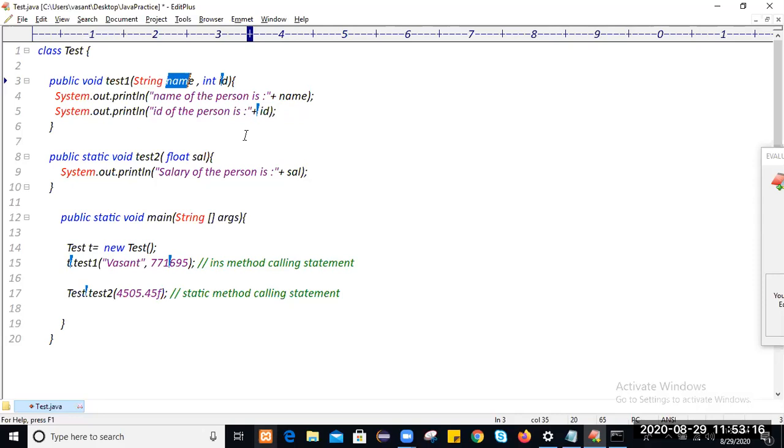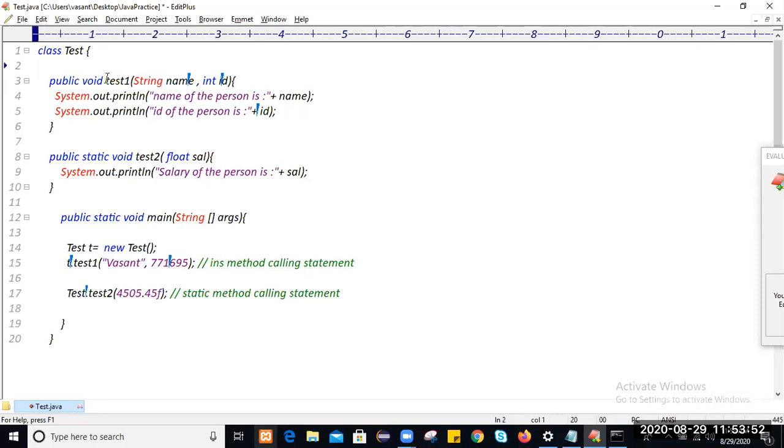Next line, write: arguments in the method are always treated as local variables, and will be initialized when we call the method.